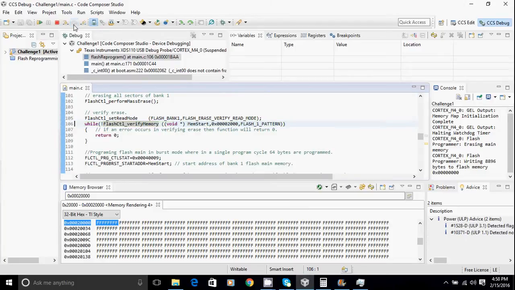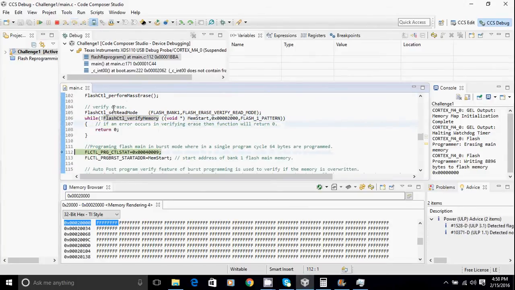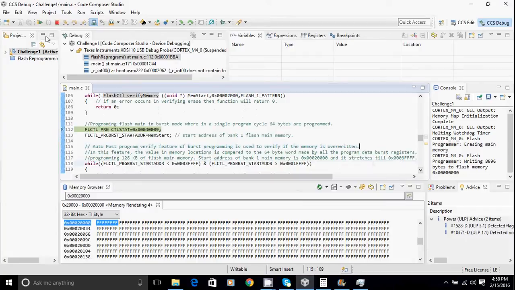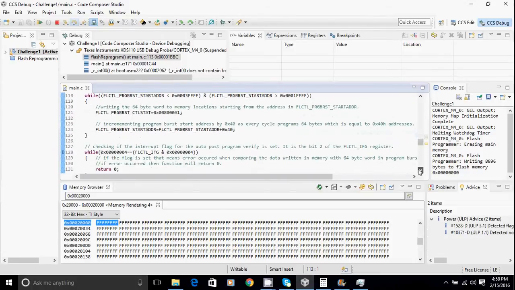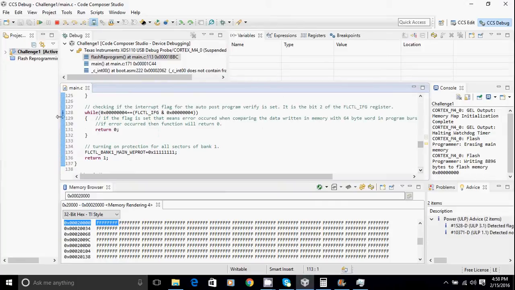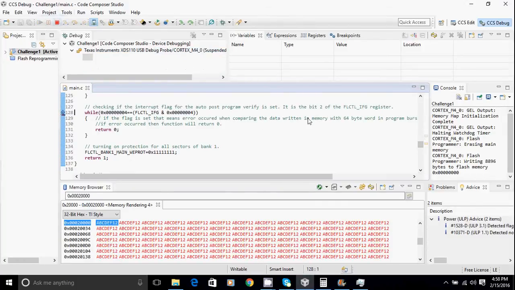If there was an error while verifying the erase, it would have entered the while loop. I will demonstrate the same for the program verification. I will let the code run.